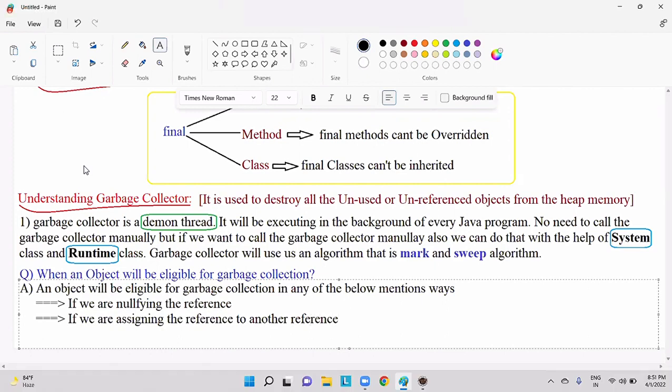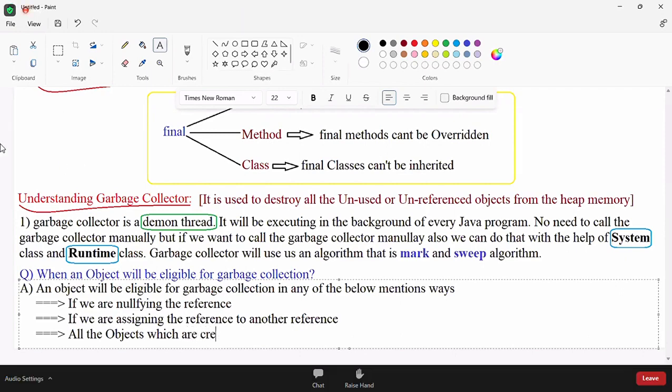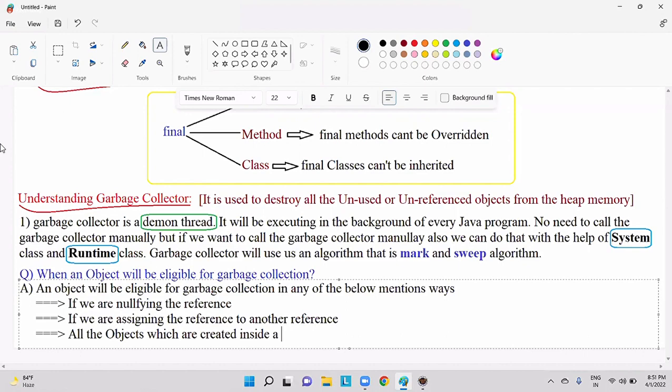Finally, the last way is all the objects which were created inside a method. In these three scenarios, an object will be destroyed, guys.